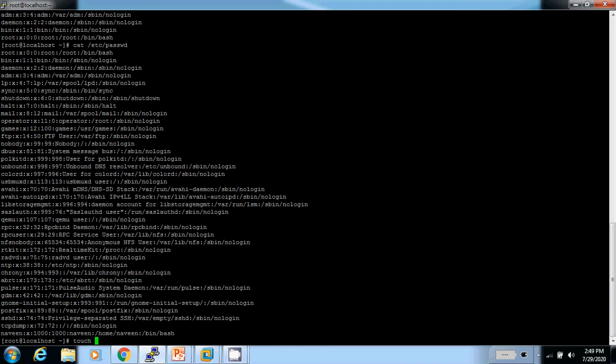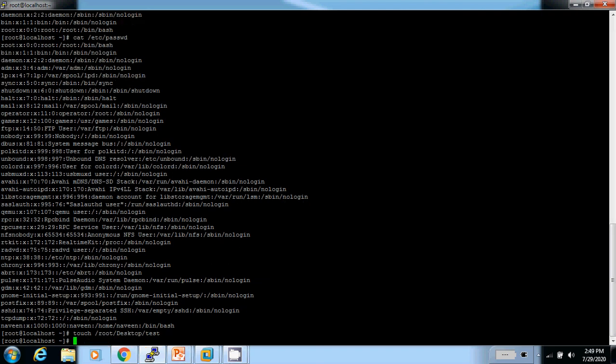We can create an empty file: touch /root/Desktop/testfile.